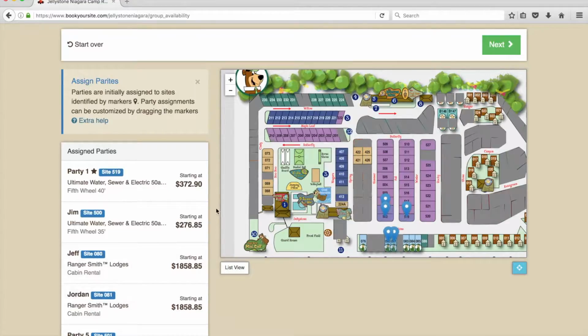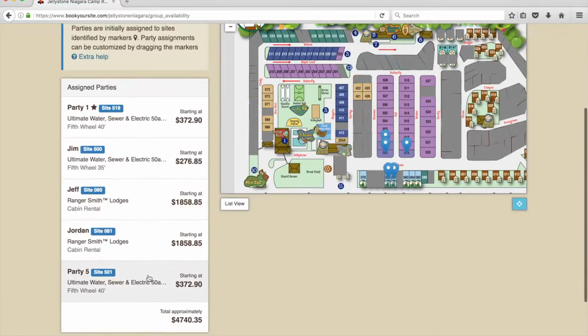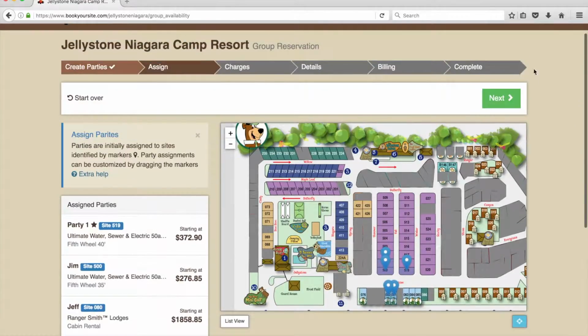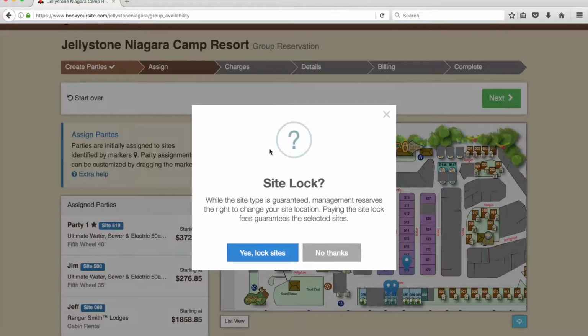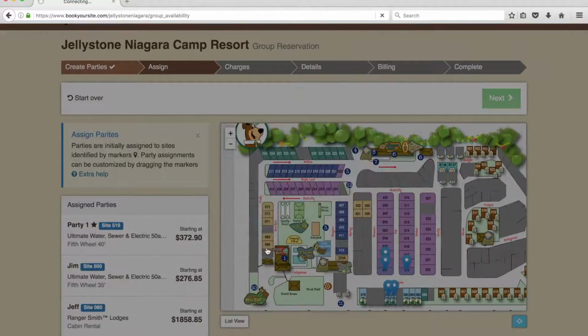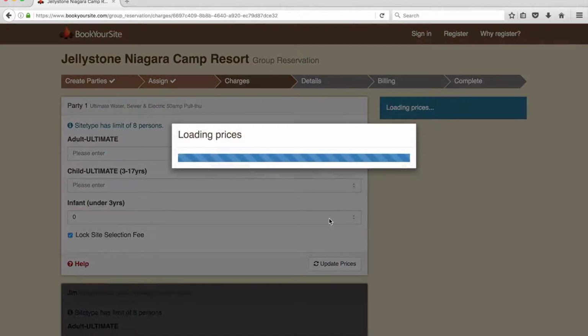See how that all updates. So these are the sites that they like. They're just going to go up and click next now. And it's going to prompt the customer to either lock these sites in or not. So this customer is going to lock the sites in because they want to remain in those particular lots, and